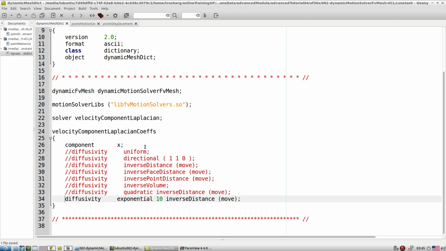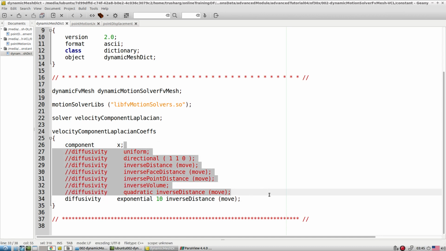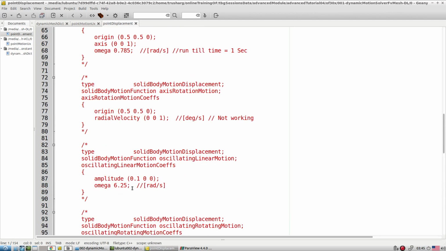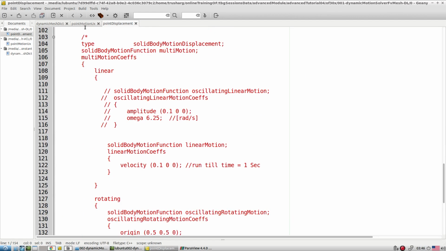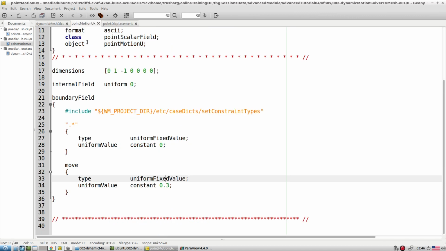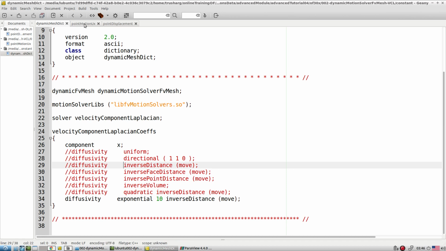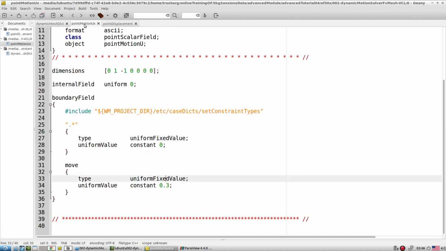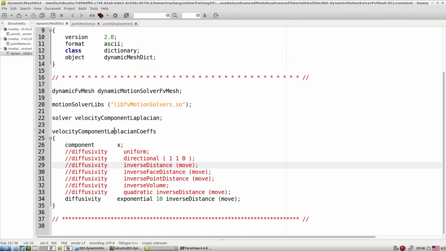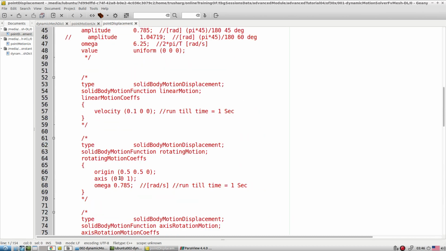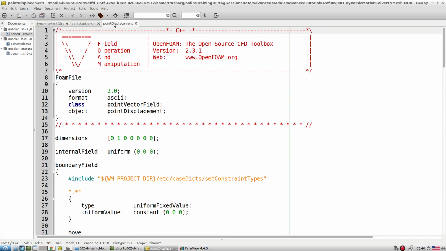Now what I suggest is to try to add all these diffusivity options. Apply this diffusivity concept when you are working with tutorial 01, with all these options, then fix the one class of diffusivity that gives you the better result. Then work with the velocity component based Laplacian with all these options, inside the pointDisplacement file.